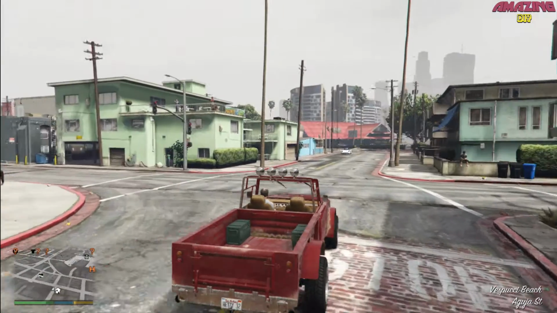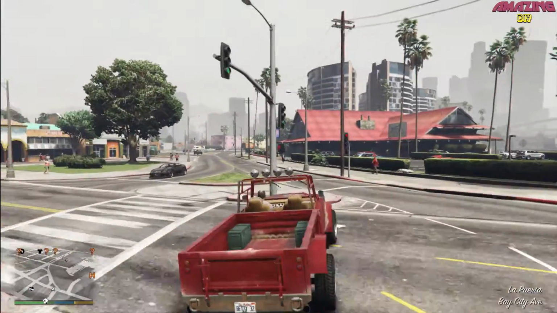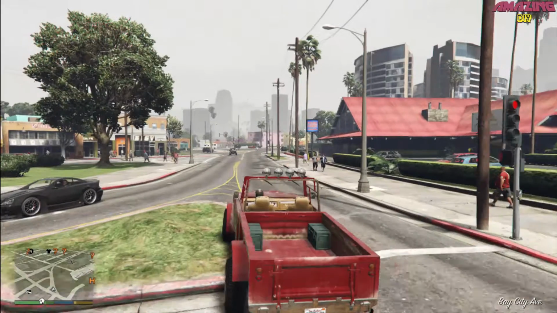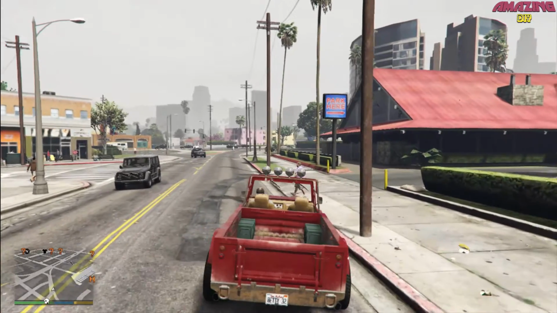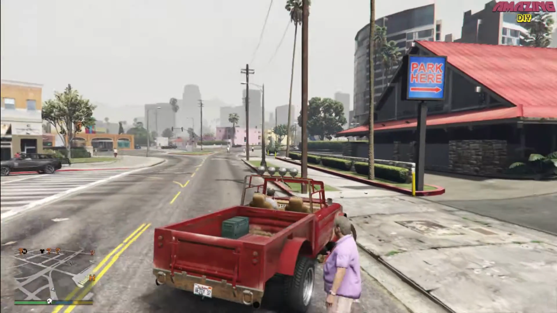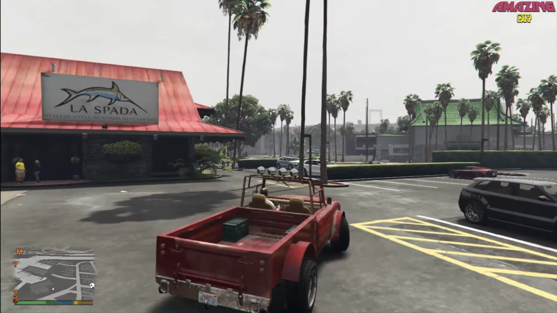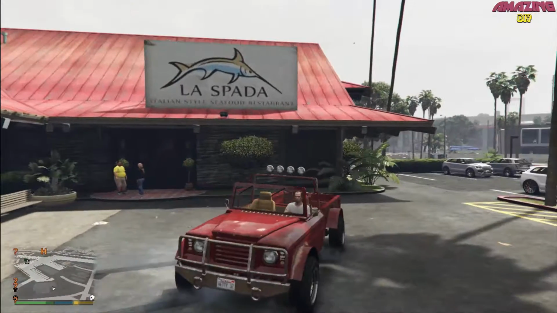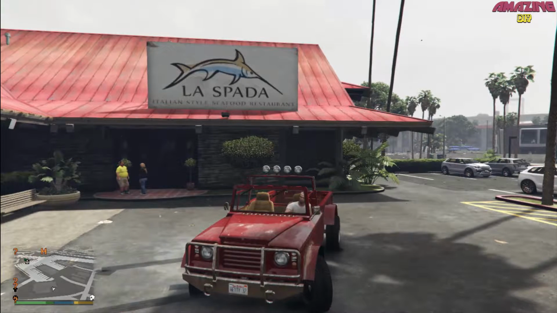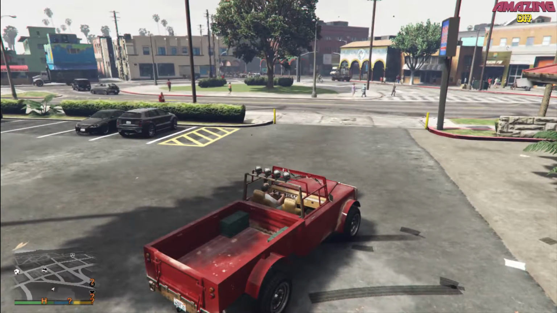And here you see the GTA 5 game is totally cracked, and you will be able to play this game. You will wander everywhere. Yes, there is a bug in some missions of this game, but you will play and make money. You will do many other things. So all cities are open, and you will be able to start a mission. So this is a video on how to download GTA 5 and how to crack it.